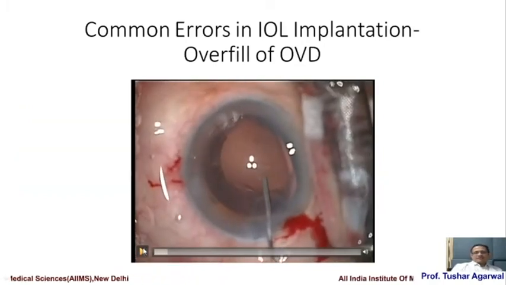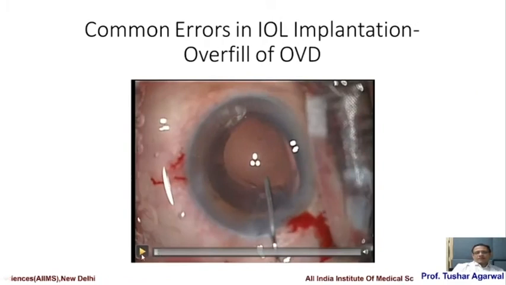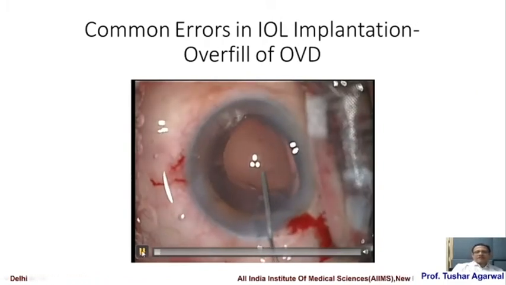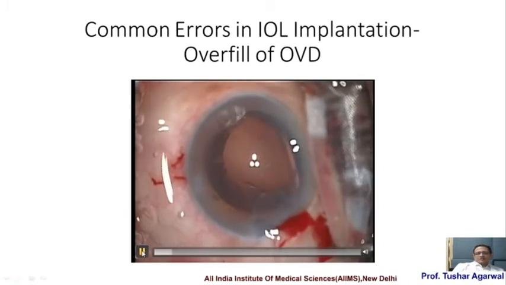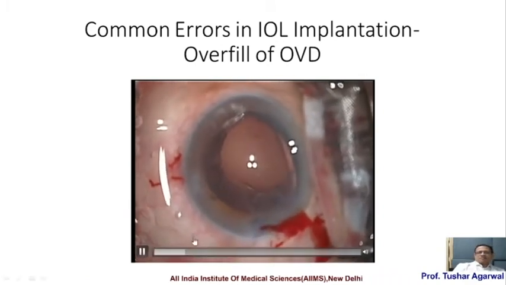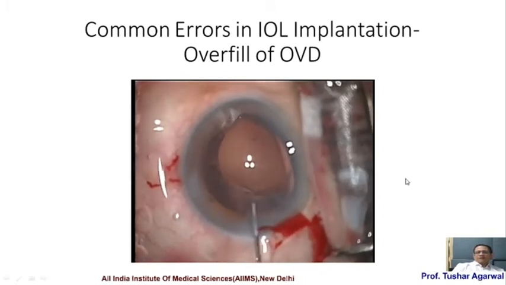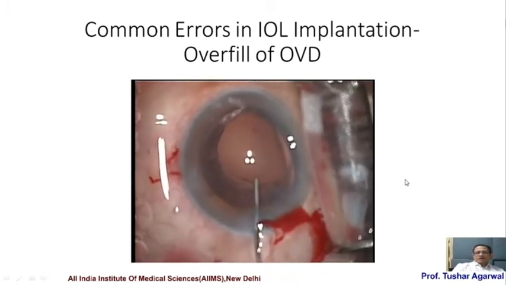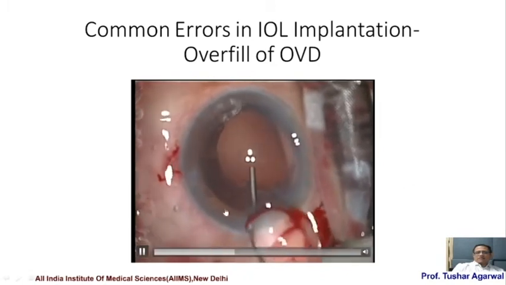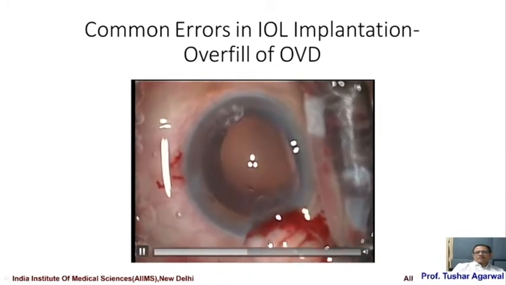So again, this process looks easier when you see experienced people doing it, but there are a lot of mistakes which we see happening. So what are the common ones? The first is that I usually see an over injection of the OVD. How does it look like? It looks like what is being done. So you see excessive spillage of OVD.